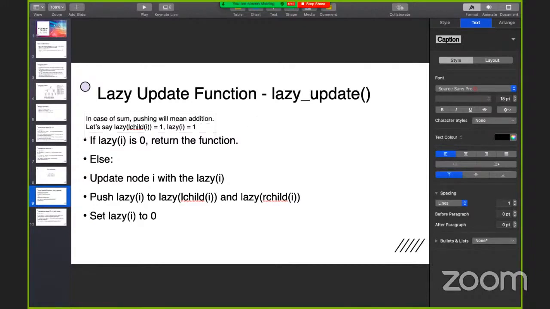We can say lazy[left child of i] is equal to 1 minus lazy[i]. That's the update operation. So if it's 1, then it'll become 0. And if this is 0, then it'll become 1. I mean, it'll stay 1, whatever. That's the point.